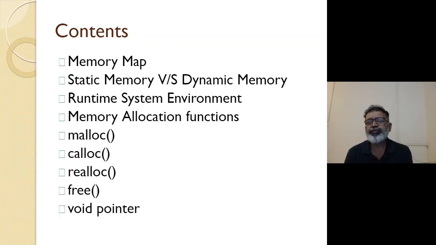You already know that static memory is allocated by the compiler, and it is allocated and deallocated automatically. But for memory exclusively allocated by the programmer during runtime, it is the responsibility of the programmer to release it back to the operating system, rather the runtime system environment. So the free function is there. The malloc function takes one argument, that is the number of bytes required on the heap.